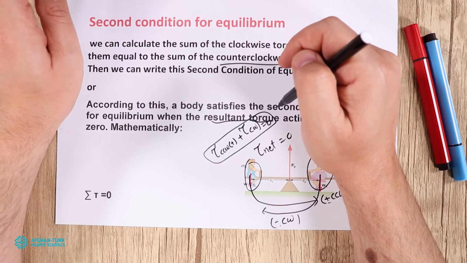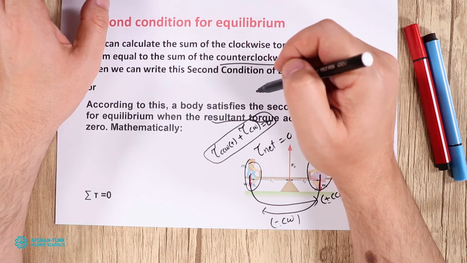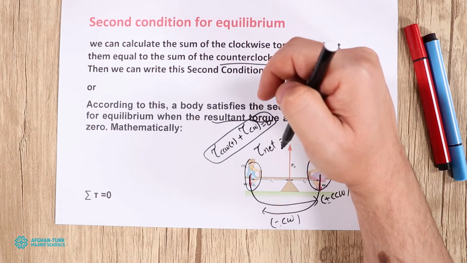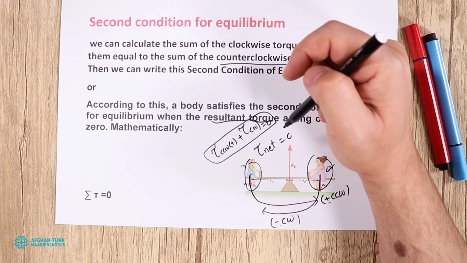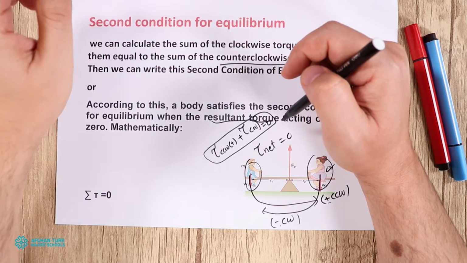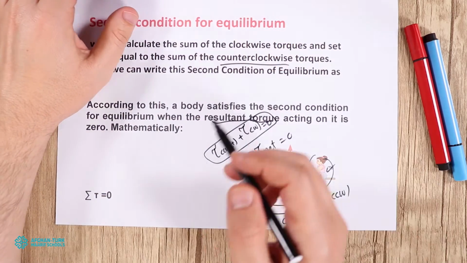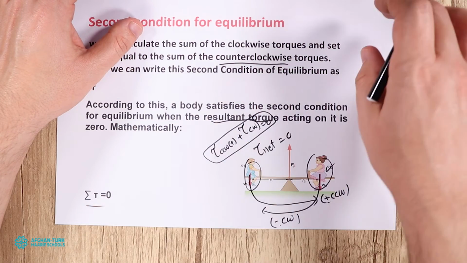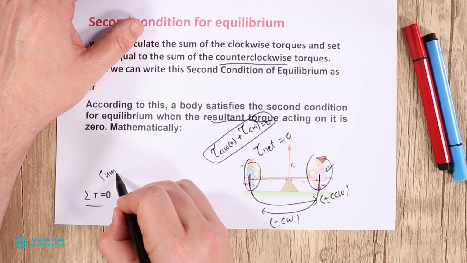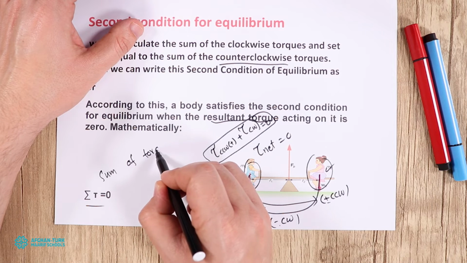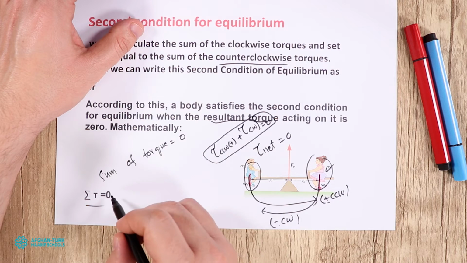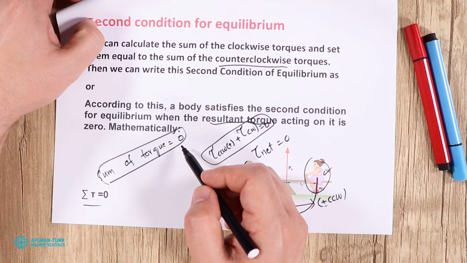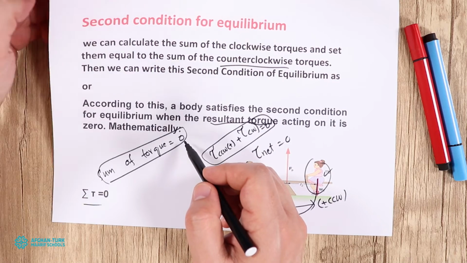So simply, when the rotational acceleration is equal to 0, or the sum of all the torque produced here is equal to 0, we can say the object is in the second condition of equilibrium. Again, the sum of torque is equal to 0, so we say the object is in the second condition of equilibrium. On the next page, let's see